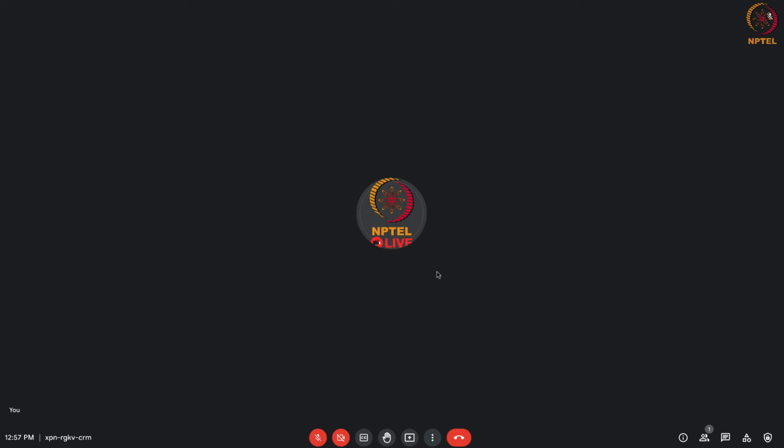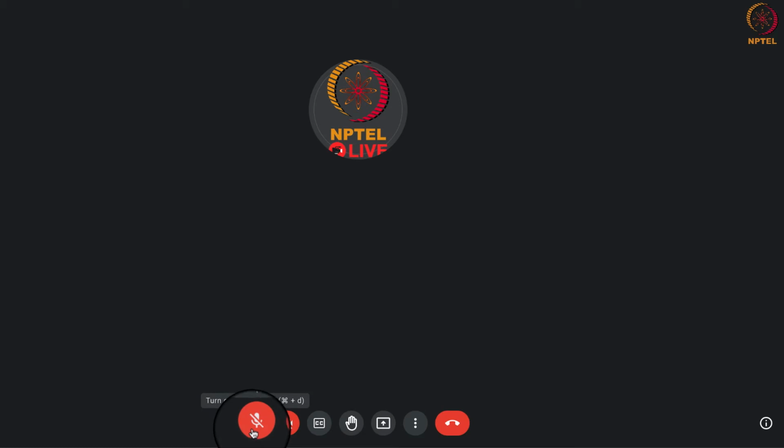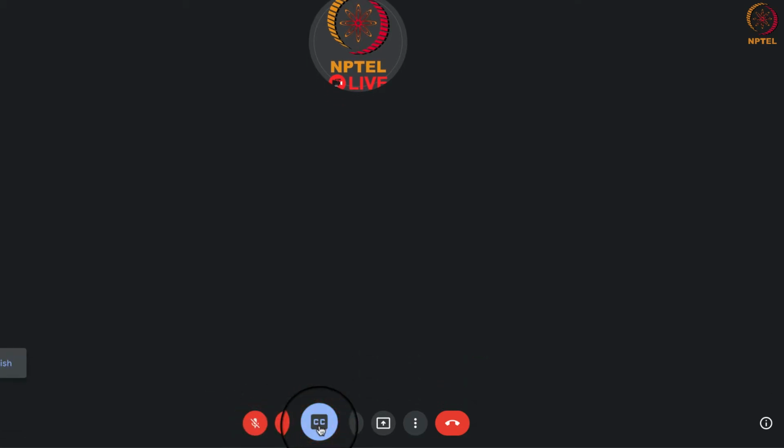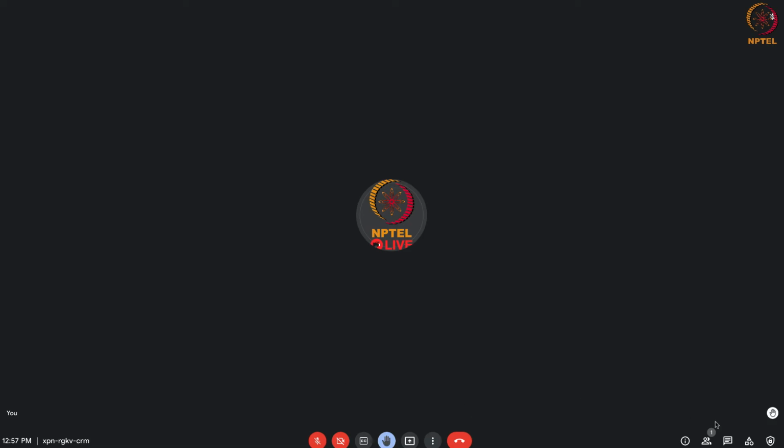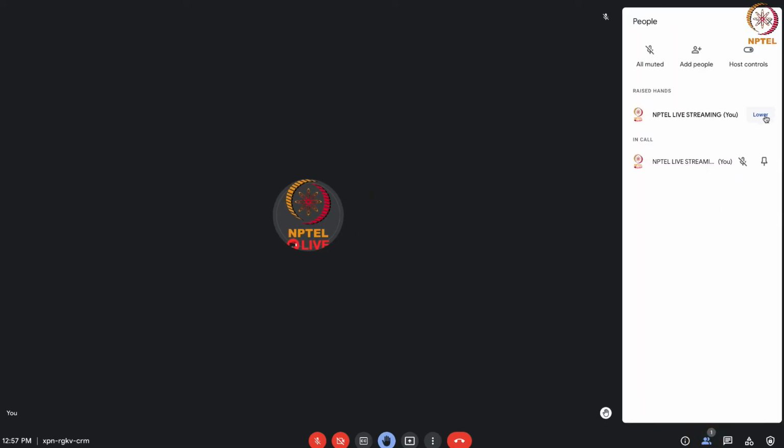You can check and confirm that your mic and camera is on or off from the bottom control panel. If it is red, then it is off. If it is a dark grey, then it is on. Next to the camera icon, we have the caption button to turn on captions for the speaker to get the subtitle rolling above the control panel. Next to caption button, we have the raise hand button indicating to others that you have a point to speak. This is very useful to indicate to others without disturbing the flow of conversation.